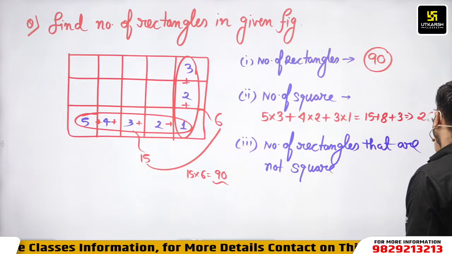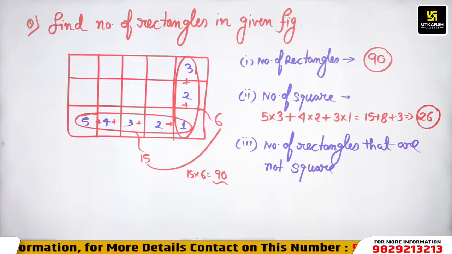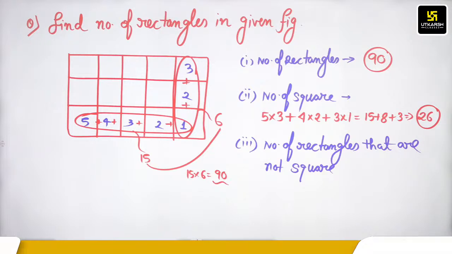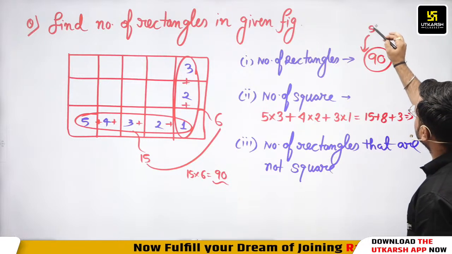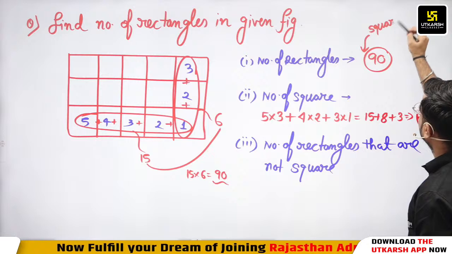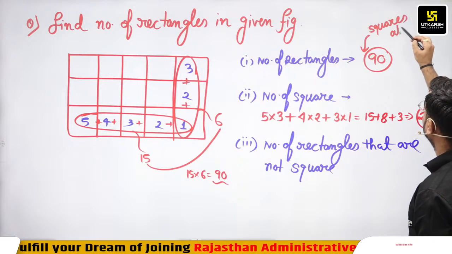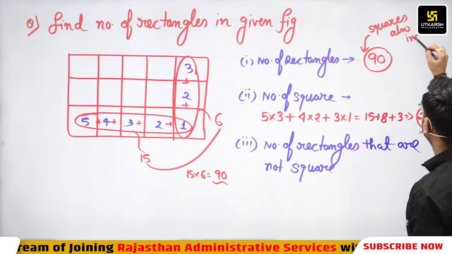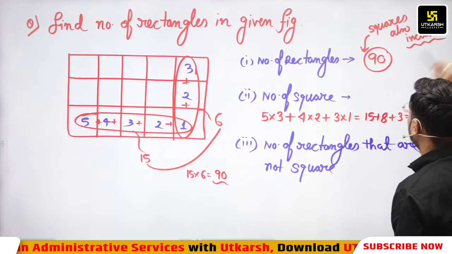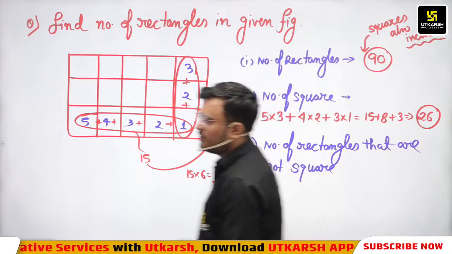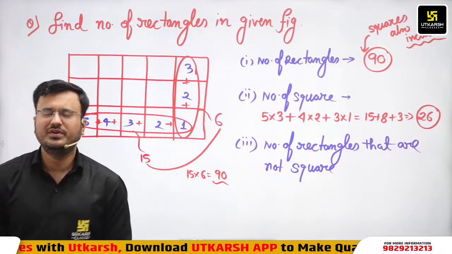So it will be 26. So total 26 squares are there. In the 90 rectangles, you know one thing very clearly, that squares are also included. Now he is asking the number of rectangles that are not squares, so we need to subtract the